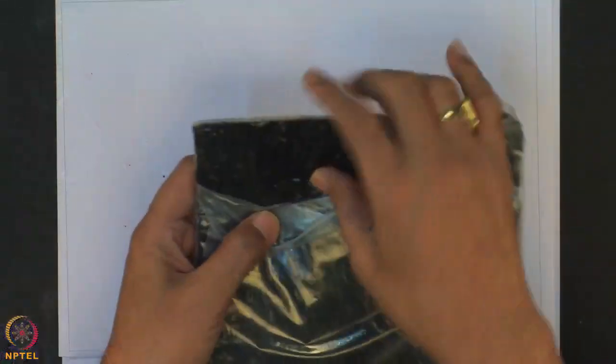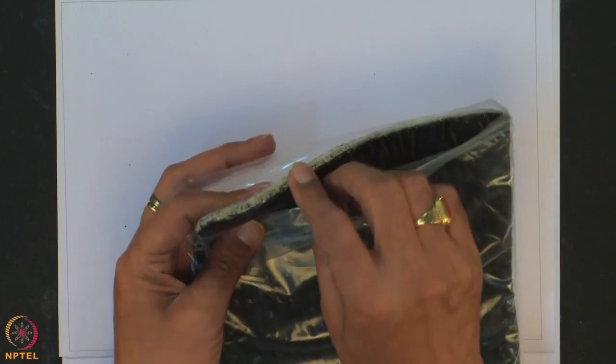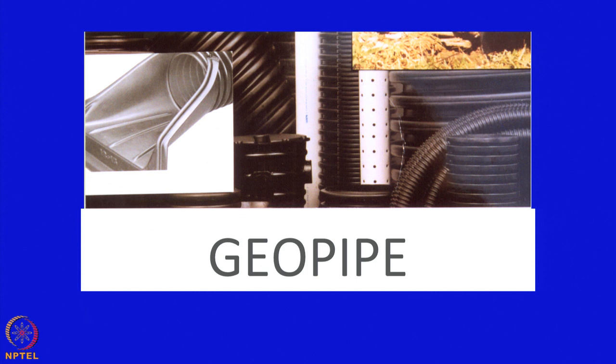I will show you some material, this is the material which is GCL or geosynthetic clay liner. It may be woven bentonite and non-woven, or woven or geomembrane, any combination. So you can use this geosynthetic clay liner as an impermeable material, and this is an alternative to the geomembrane material. So you can use it also in the landfill, and geopipe, as you know, we use it.